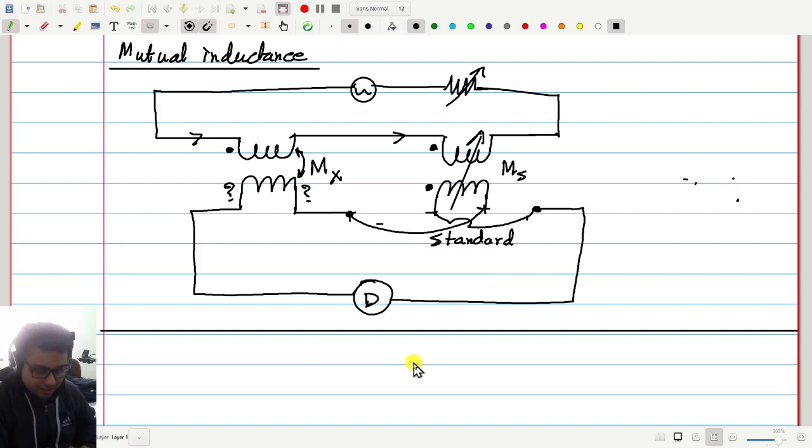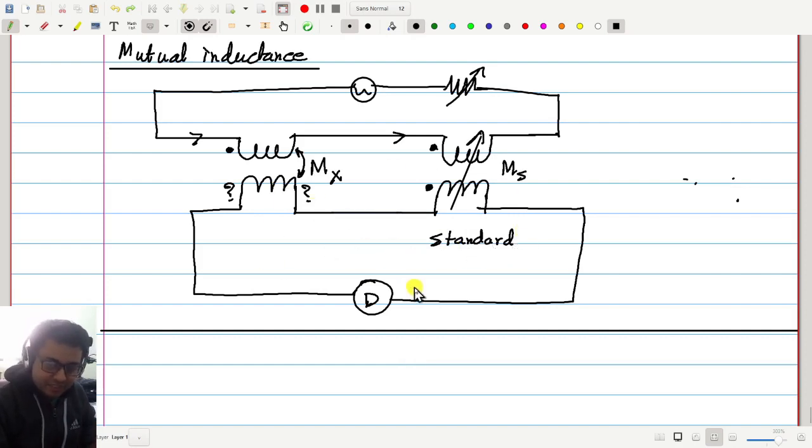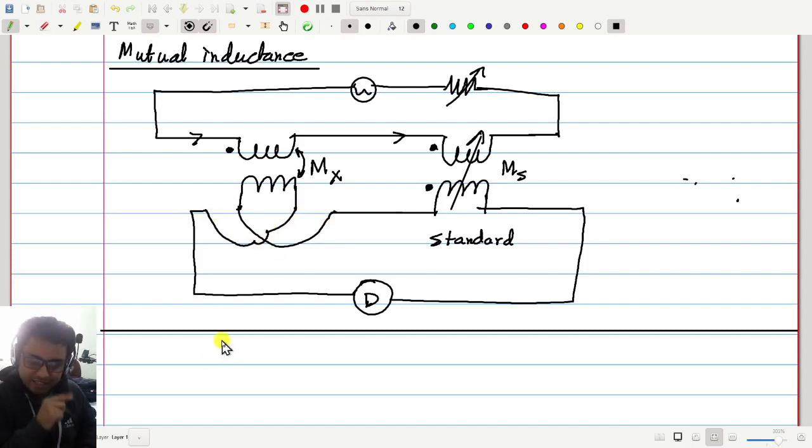I think it will be more easily visible. So suppose first I did this and I did not get any balance. After that let me change the unknown one. That will make more sense. This goes here, this goes here. And now if I get balance,